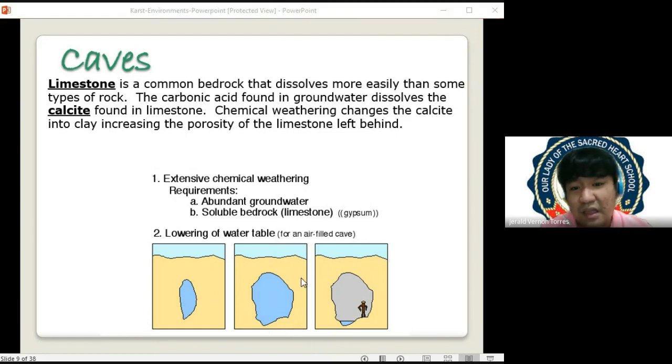Because of this, lumalaki yung cavity na form inside the parent rock. Now may time kasi na bababa yung groundwater, yung water table na yun. Once na nag-lower yung water table due to, let us say, natural or artificial processes, ito yung time na makakabuo tayo ng cave kung saan instead of being filled with water, yung cave natin at this point is already filled with air. Ayan, so that's the initial process why we form what we call as a cave. Ngayon, the thing is